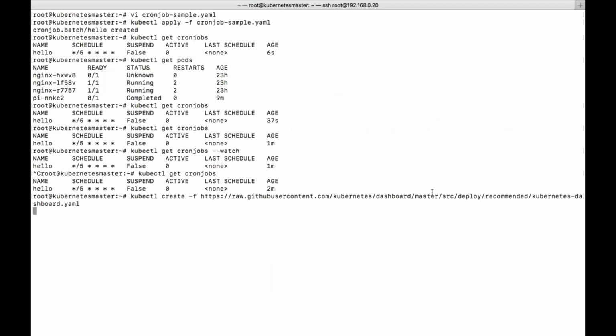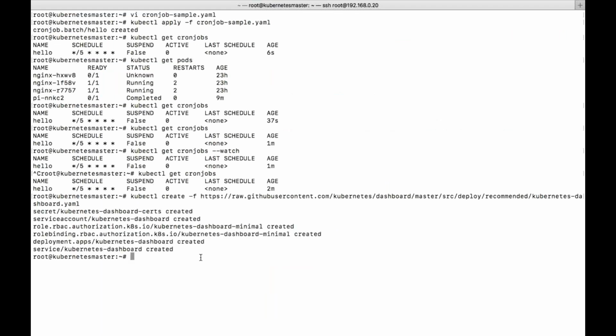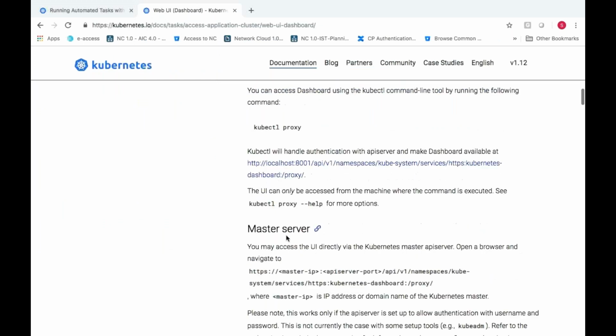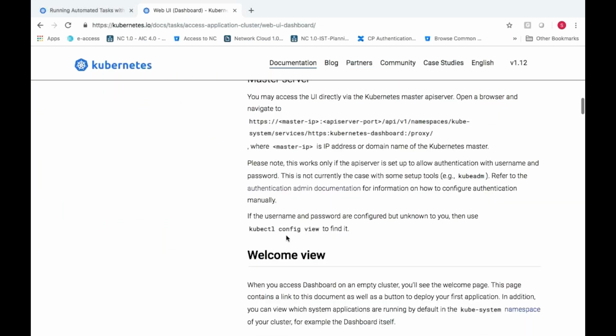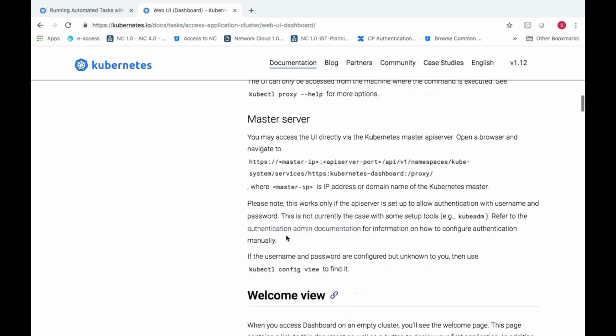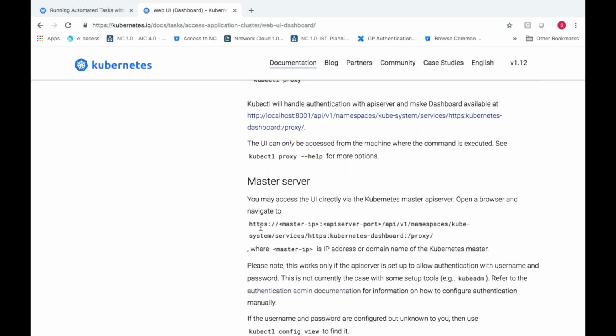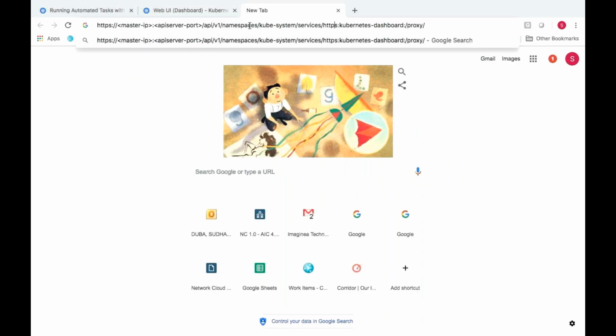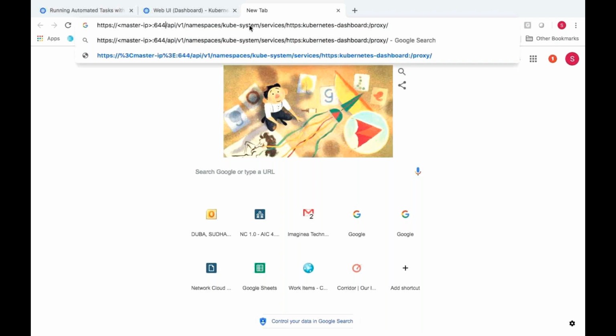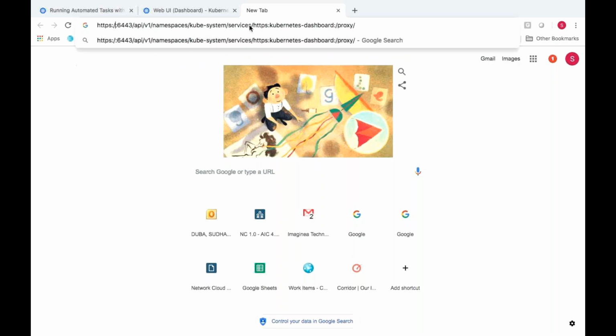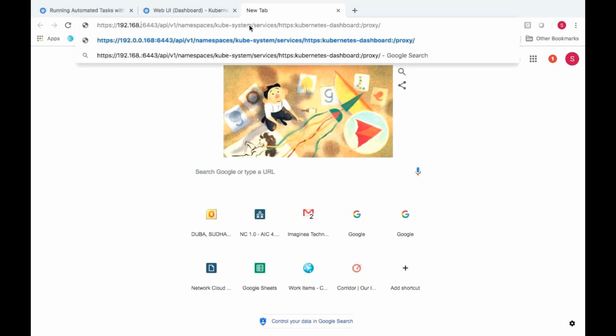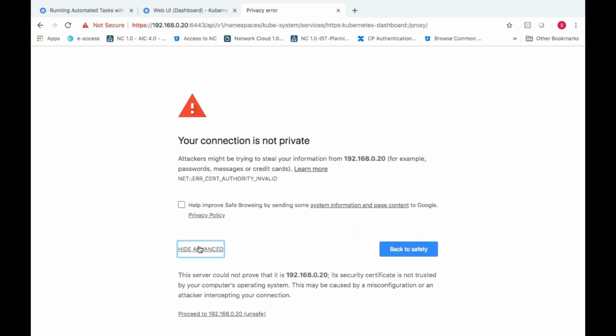So here I'm downloading and it is creating some particular things. It is giving this forbidden error, right?